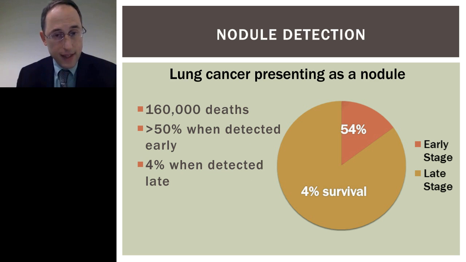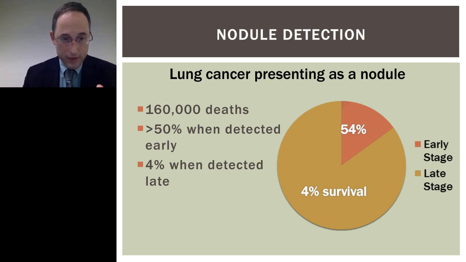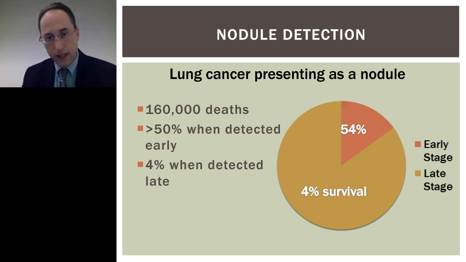Okay. So, lung cancer is particularly important because if lung cancer is detected early, survival is very different than if it is detected late. Lung cancer detected early has a survival greater than 50%, okay, 5-year survival. If it is detected at a late stage, it only has about a 4% 5-year survival, all comers put together. Currently, okay, if a patient is not being screened, most people show up with late stage cancer. And for that reason,